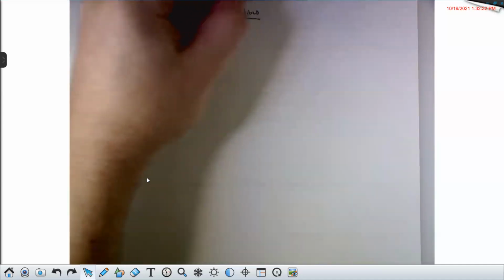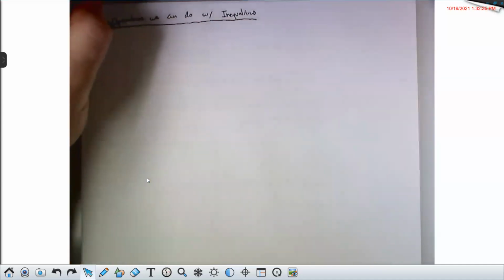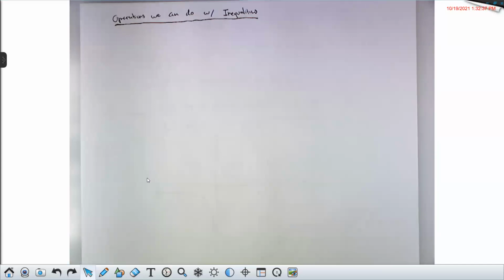Turns out inequalities are actually way more important for calculus than equations. All of calculus is built around inequalities in a very, very real sense. And you'll see that if you ever take a class called advanced calculus or real analysis, everything comes from inequalities. So for example, you can square both sides of an equation, right? That's something that we do sometimes, but you cannot square both sides of an inequality. You can multiply through both sides of an equation by x, but we just saw that you cannot do that with an inequality. So what we can do,